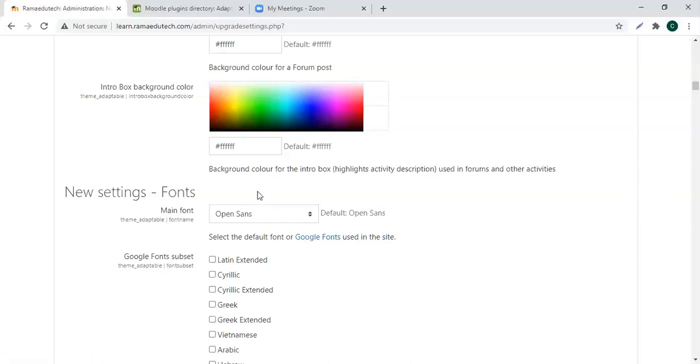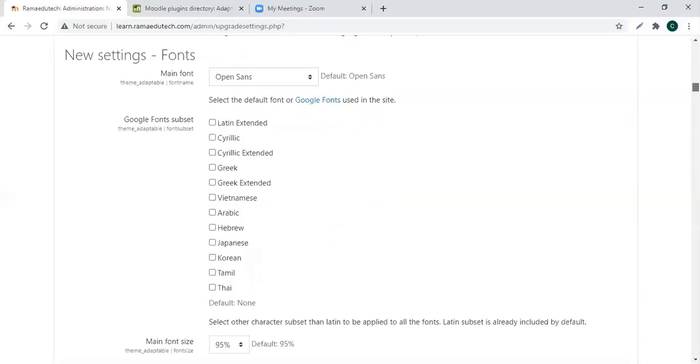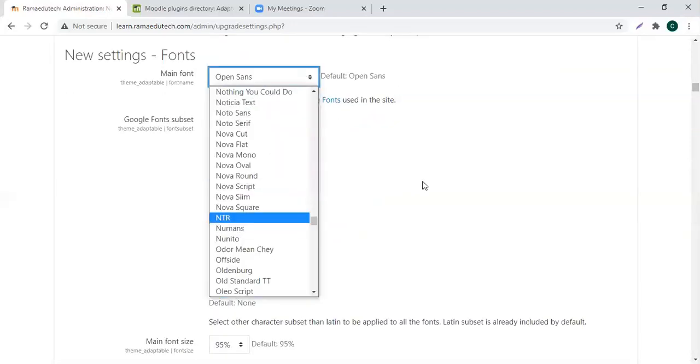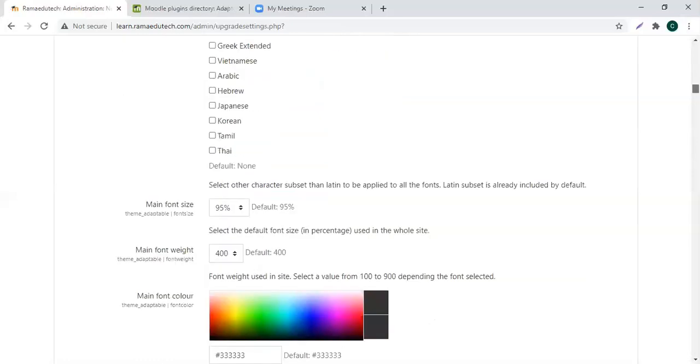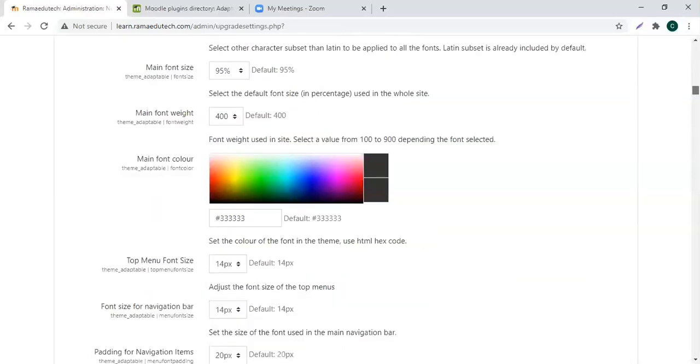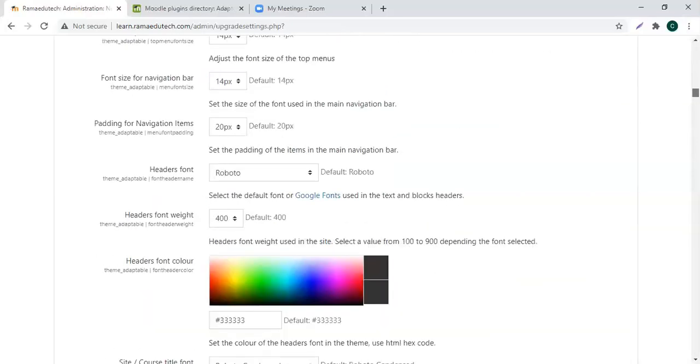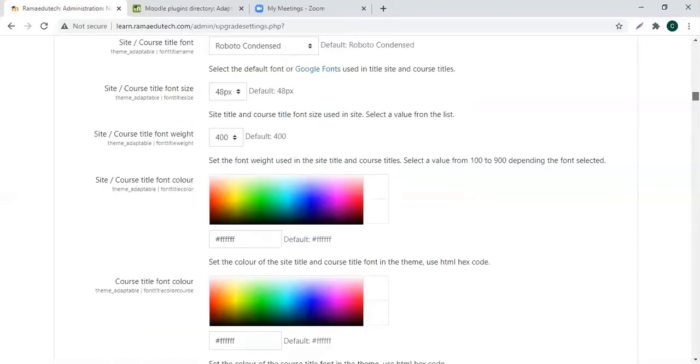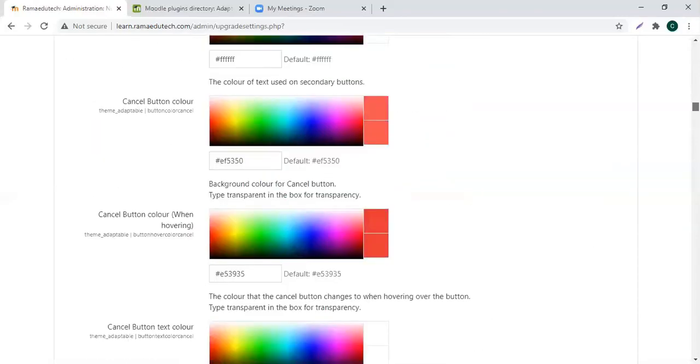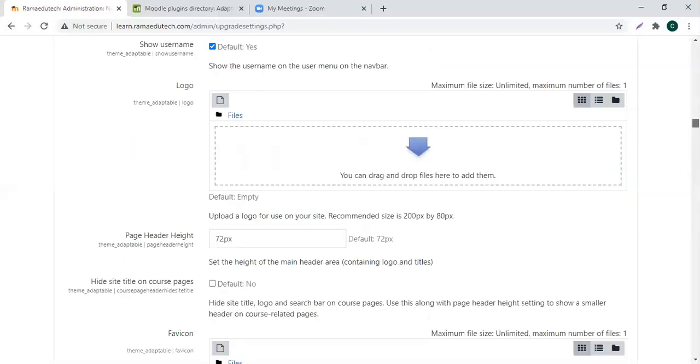For example, you would not want Open Sans, you would want some other font if you are too particular about it. So you can choose that from this drop down and then select for yourself. And then the font size, font weight, all of this can be customized if you want. So there is a different font for the headers, the font weight, font color, and various other settings. So you can just go through them.